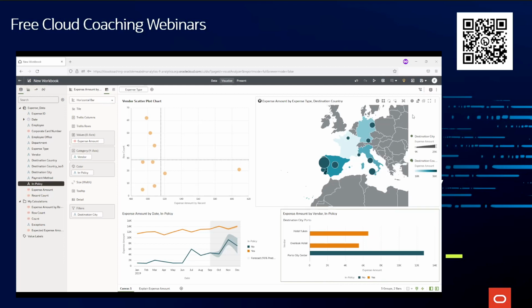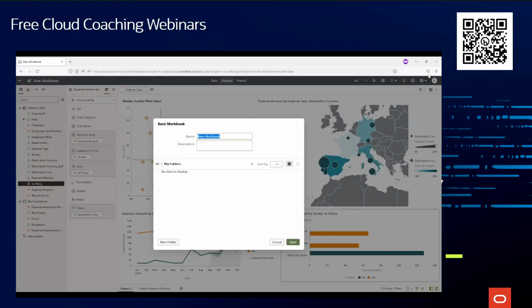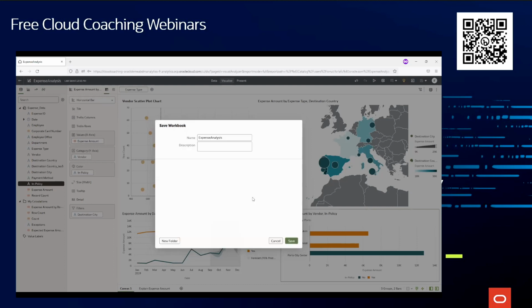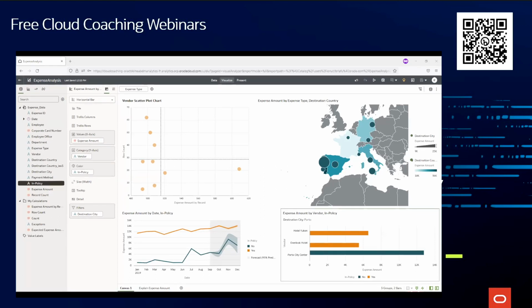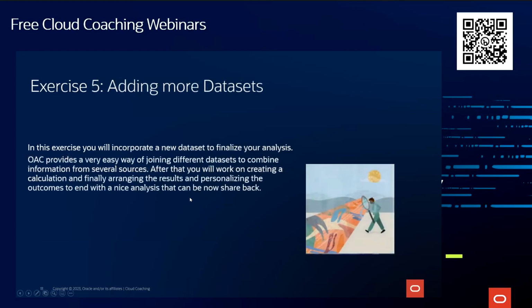Let's save our visual now, our workbook, clicking on the top save bar menu, give it a name, expense analysis, click on save, and we save it. And with this, we finalized our fourth exercise. Let's move to our presentation, and we are moving to exercise 5, and the last exercise in our